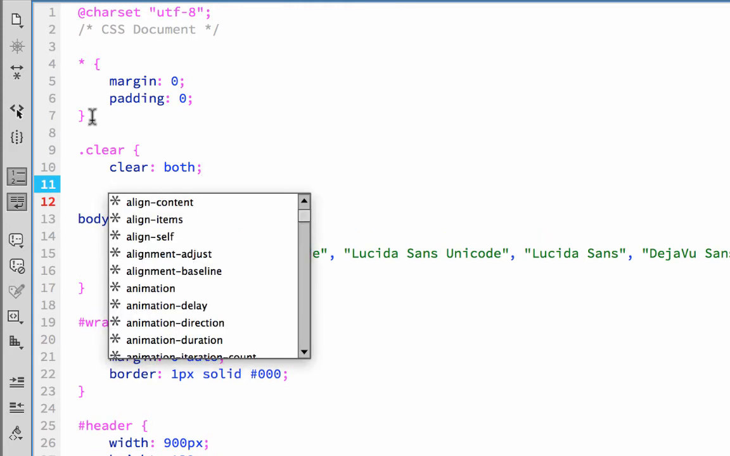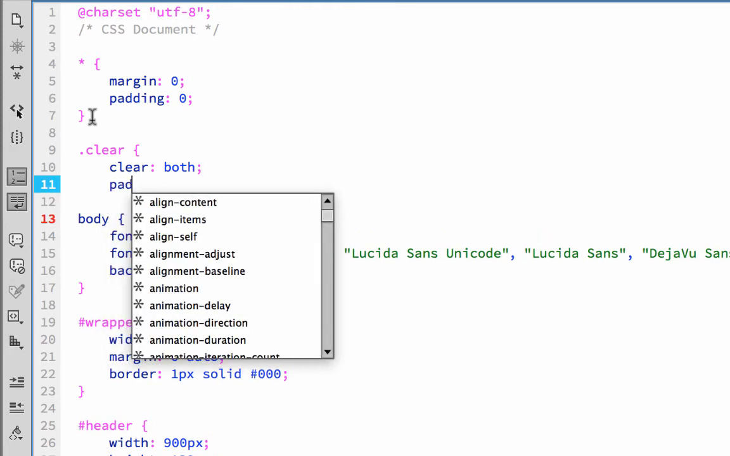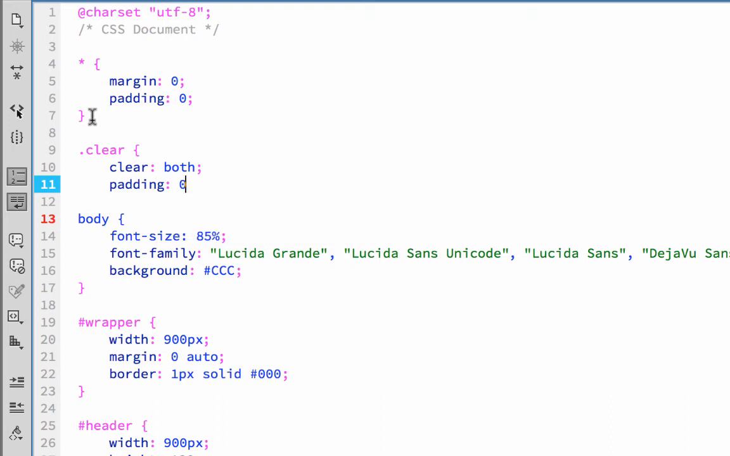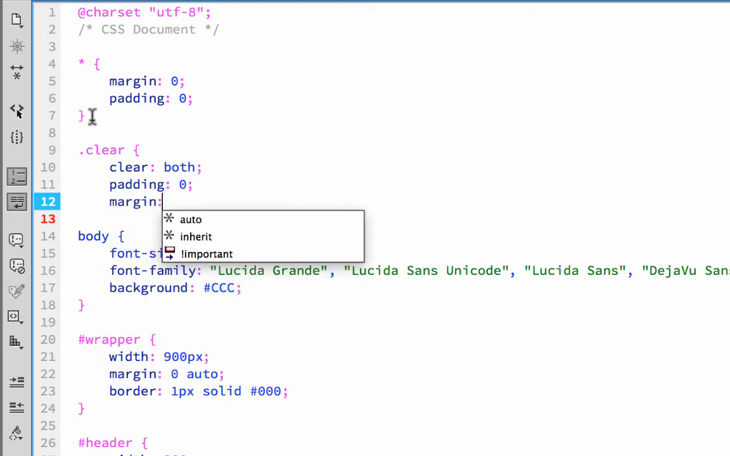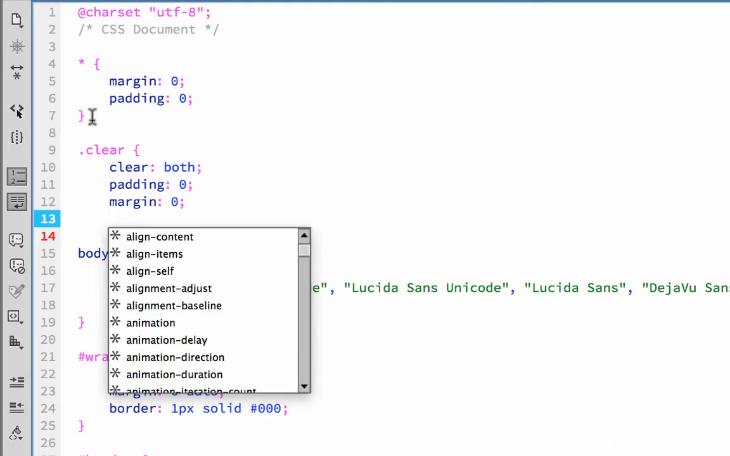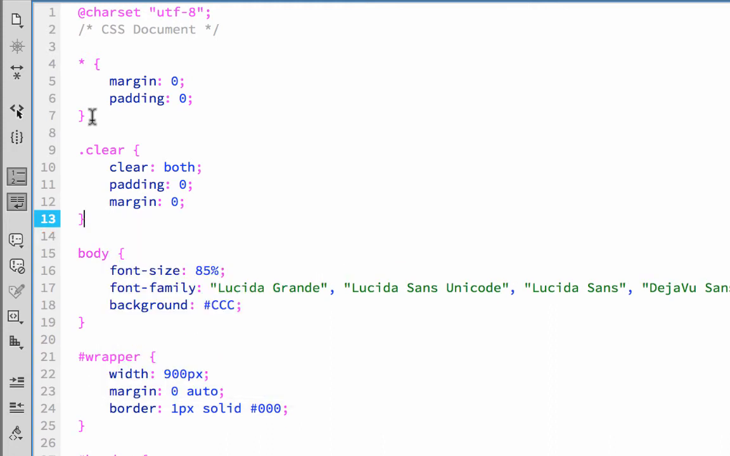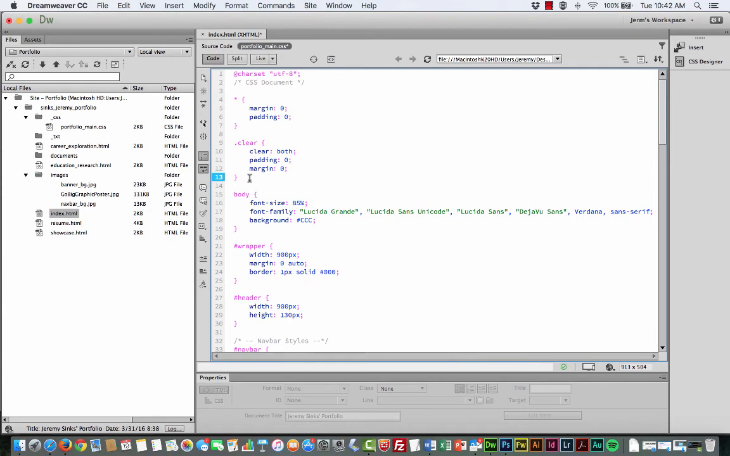We're going to hit the enter return key, and then we're going to type in padding 0, and then enter return key again, and margin 0. So basically we just want to make sure that whatever we're applying this to, the margin and padding are 0. So enter return one more time, and then right curly brace. Okay, so we just created this clear class, and the best way to apply this clear class is actually to